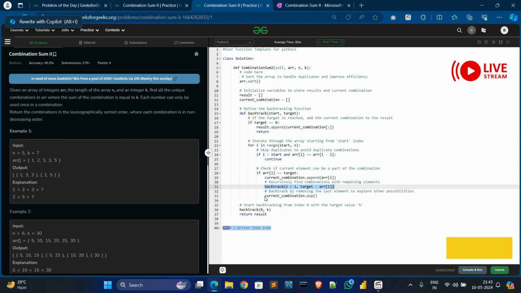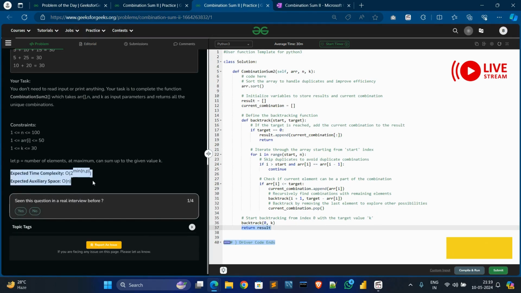Then we backtrack by removing the last element, so we call the pop function. Then we start backtracking from index 0 of the array with the target value k, and return the result. The time complexity is O(2^n), and the space complexity is O(n).